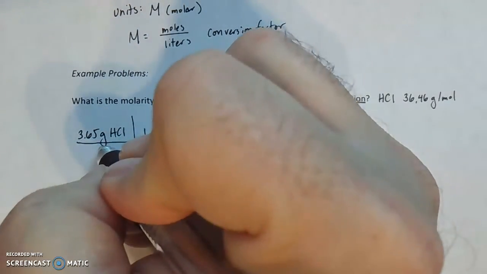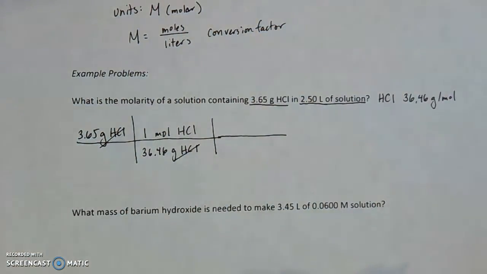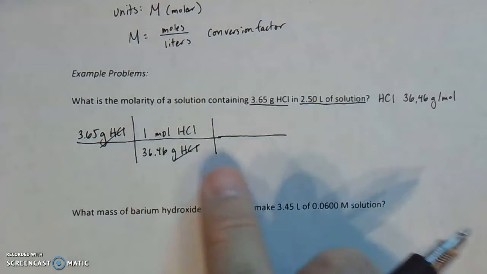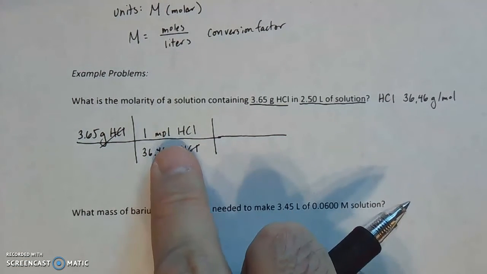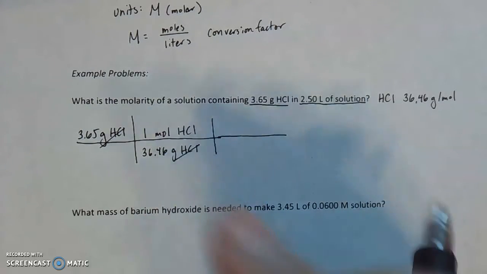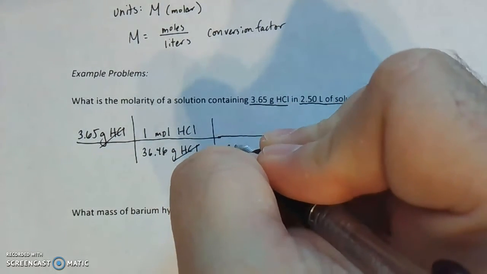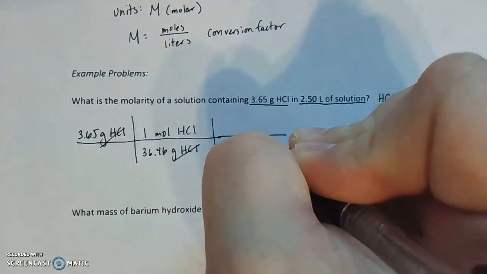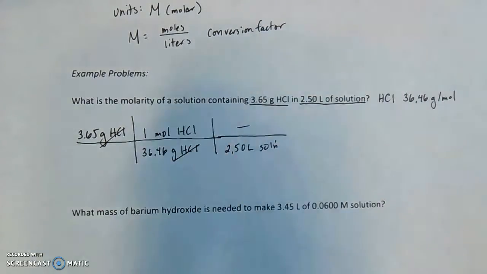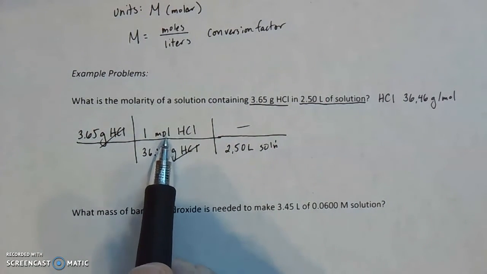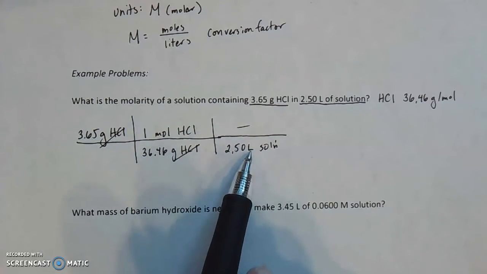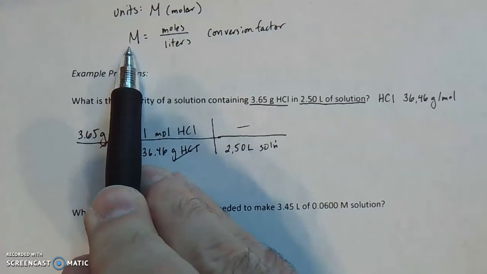So that allows us to cross off grams, but we want to be left with moles per liter. So I have the moles here, so I'm going to put the 2.50 liters of solution in the bottom, and I'm not going to put anything up there. Because if we solve this, the units that we're left with are moles over liters, which is our definition of